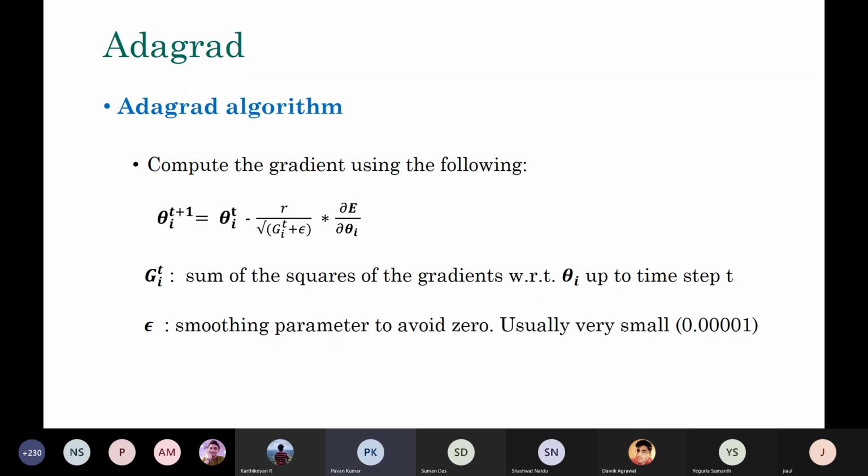In the previous case, I was asking whether the sum of the squares will increase, whether it is less than 1 or greater than 1. Every time we are increasing the G_t,i value by adding the previous time steps' gradients. So automatically, for every t plus 1, the G_t,i will increase, right? Because we are adding a new square term every time. Yeah, you are absolutely right. But in reality, people generally do not consider all the previous history, but the last few, for example. But you are right, absolutely.